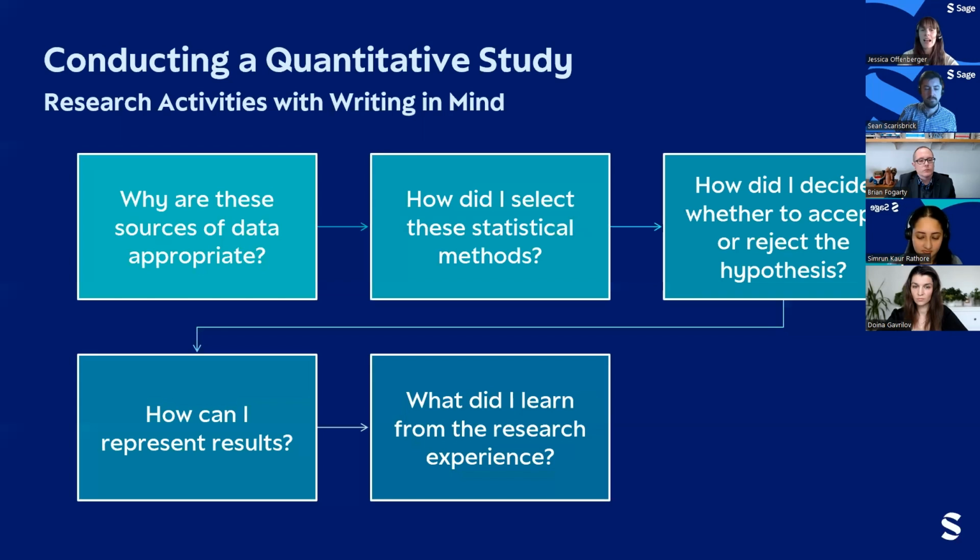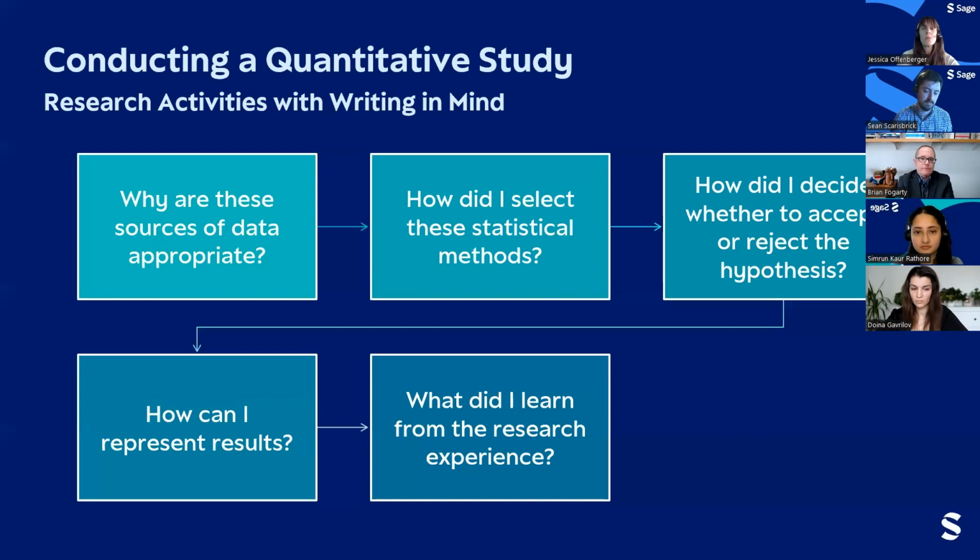Then you want to think about how you can represent the results. Consider the different visual forms that may be best. For example, including tables, charts, and graphs, as well as other visuals like heat maps, can be very useful in displaying your results. Your main goal when thinking about representing your results should always be what makes the most sense and is clearest to the reader of your article, keeping in mind that many readers may not be statisticians or methodologists.